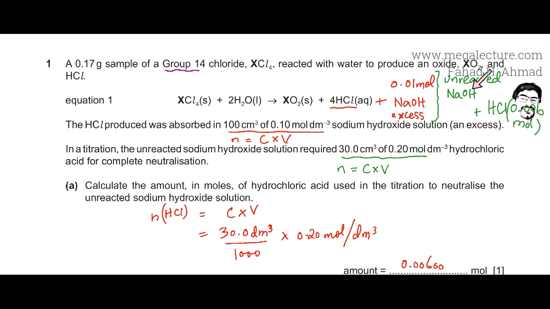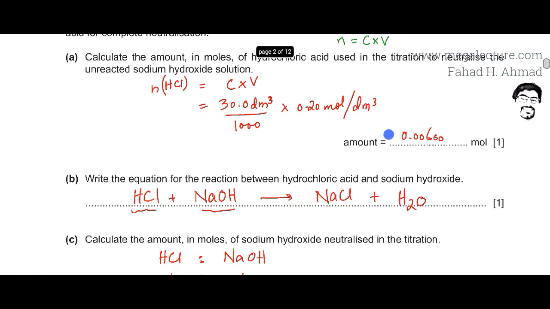And then you had this unreacted NaOH that was left over, and that was then reacting with 0.006 moles of HCl. Now, based on a previous calculation, using HCl's moles, we were able to figure out the unreacted moles of NaOH, which came out to be 0.006 moles. And now this is the unreacted, or leftover, NaOH. Remember, we added 0.01 moles of NaOH in excess initially. So using these two values, the initial and the unreacted NaOH, and going back to the question,